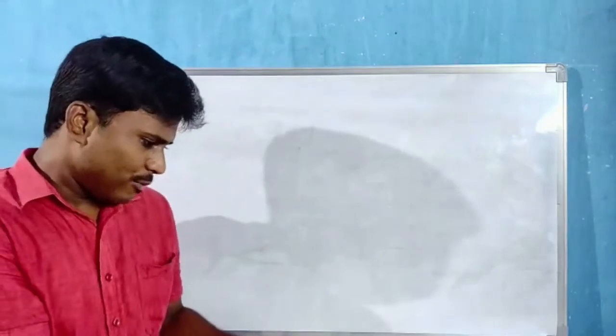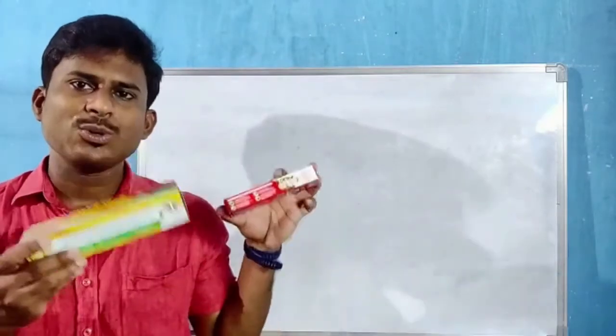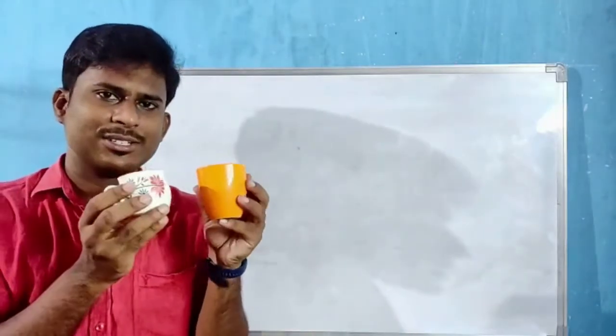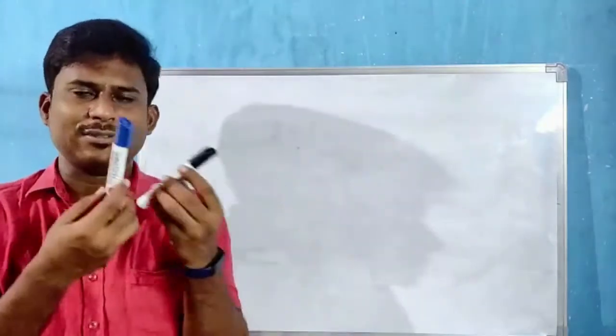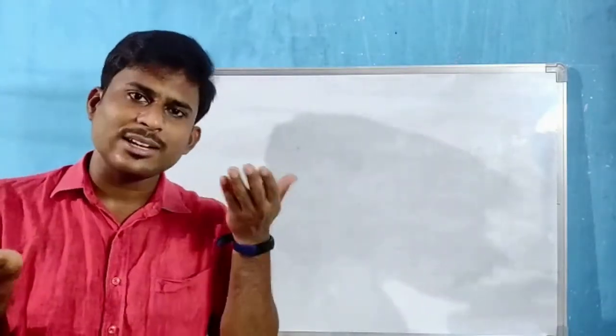Now children, see here. Do you know what we did? We compared these two toothpaste boxes in size. We compared the sizes of these cups. And last we compared the sizes of the two pens. We found out for toothpaste, the right hand is bigger than the left hand. For teacups, the right hand is smaller than the left hand. And finally, for pens, the right hand pen and left hand pen are equal, the same. So here we compared objects. In the same way, we can compare 4-digit numbers. So today let us discuss comparison of 4-digit numbers.